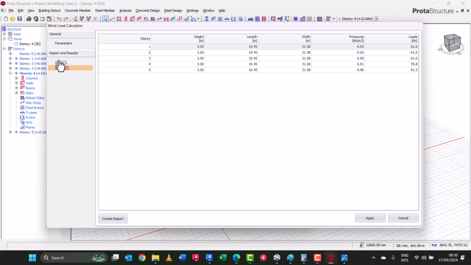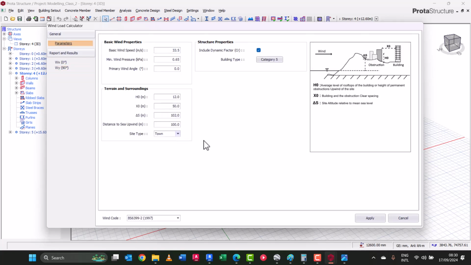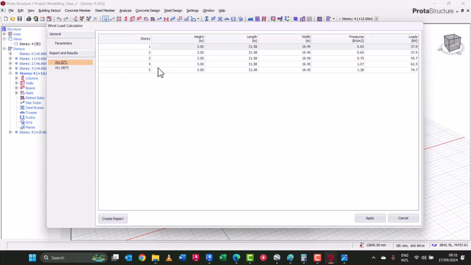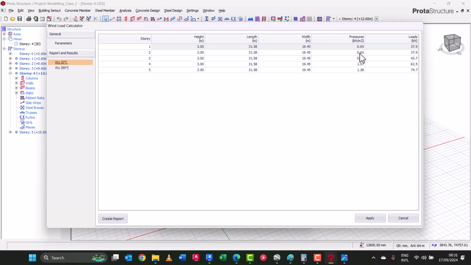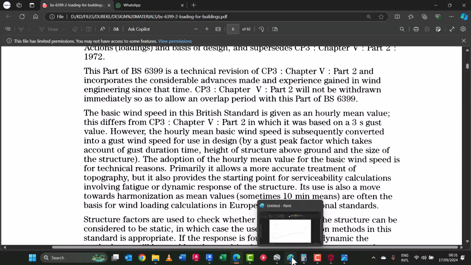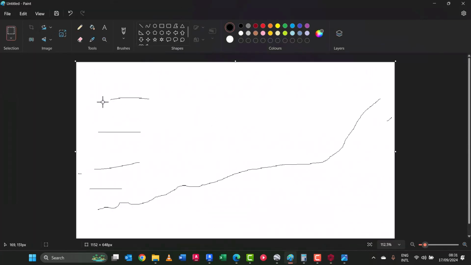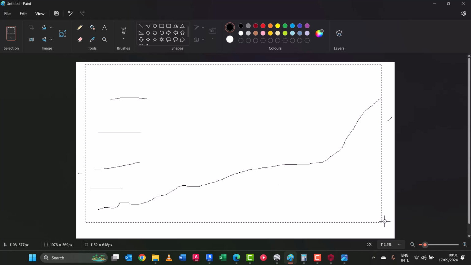Then let's come back to our parameters and take this to the location in Kaduna. If we take this to about 650, and we come back to our WX, you can see we don't have the same value from story 1 to the final story. This has already been altered by the code because each of those locations has its height above the normal sea level. And what you should know about this wind is when it's acting on your structure,